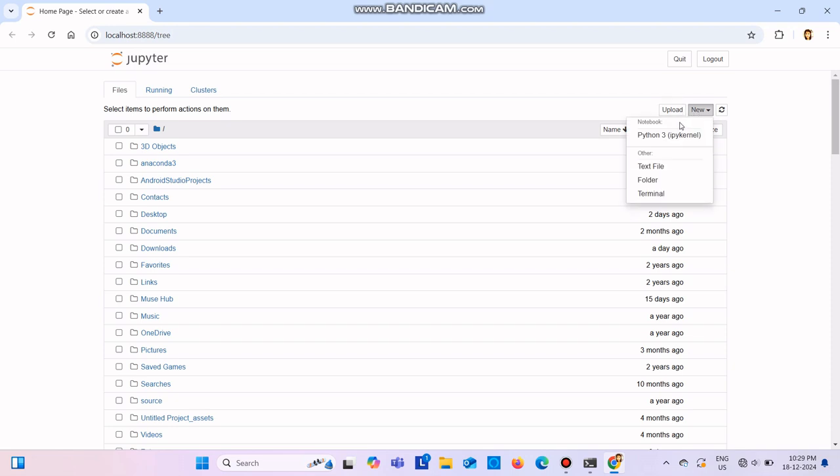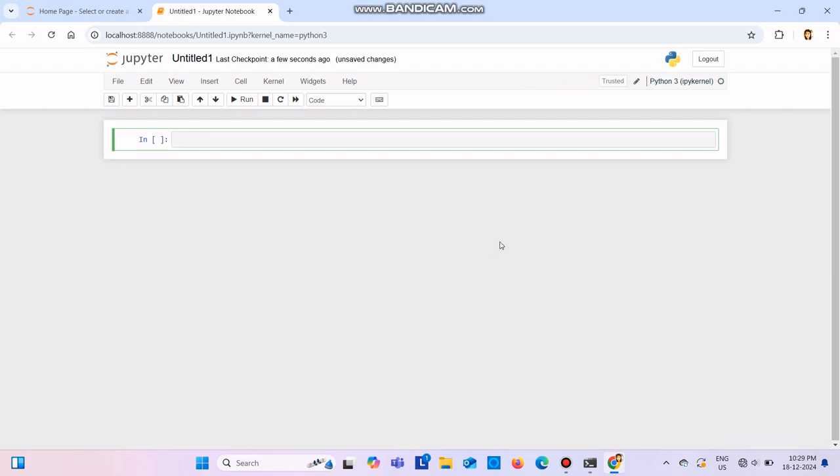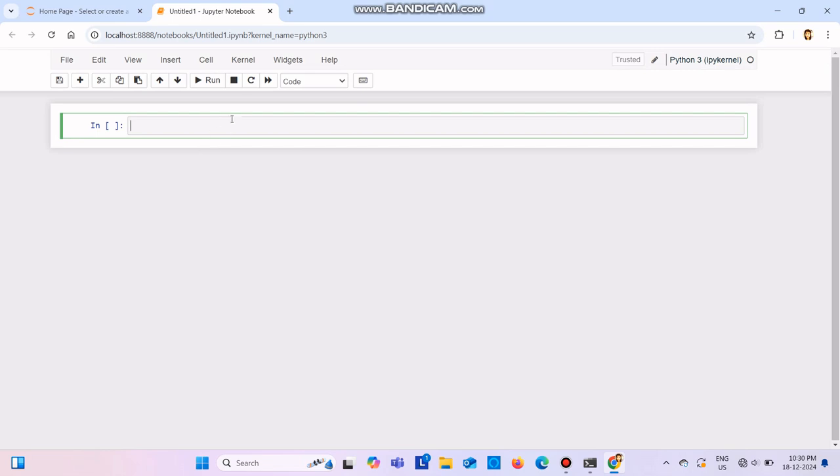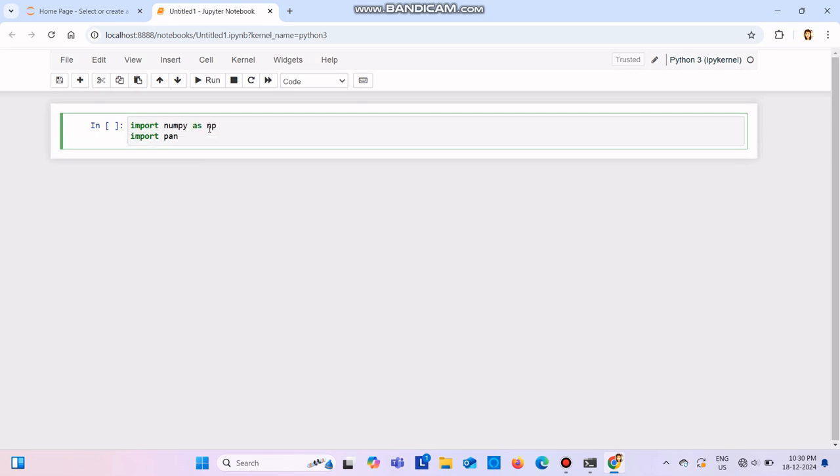Okay, first let us create one Python file. This is Jupyter, so I'm going to create a Python file in Jupyter. Let me increase the size. First of all, I'll be importing the packages that I'll be needing. I'll be needing numpy, so I'm writing import numpy as np, and I'll be needing pandas also. Then I need to read my CSV file, so I'll write df equal to